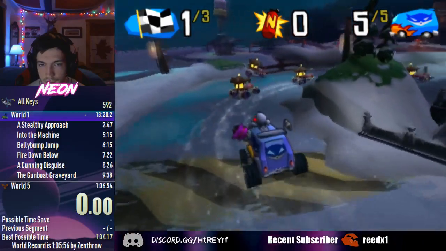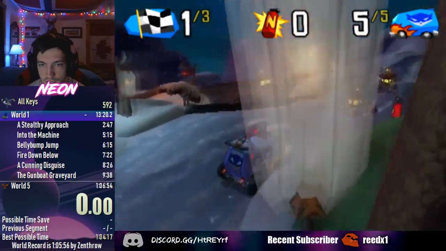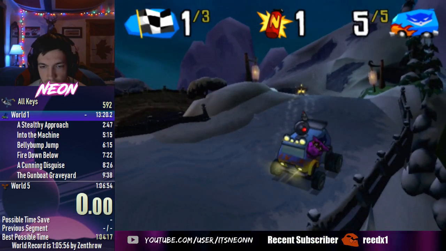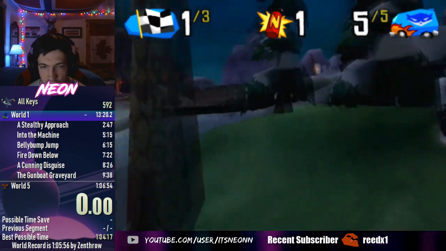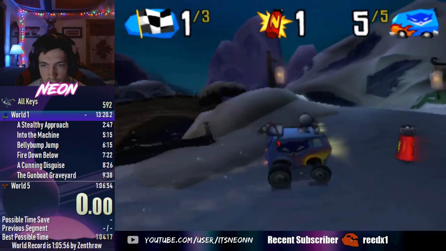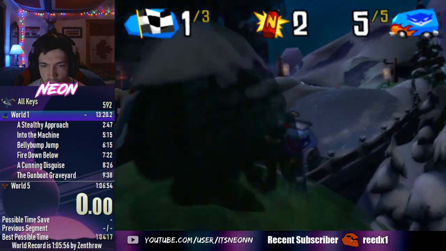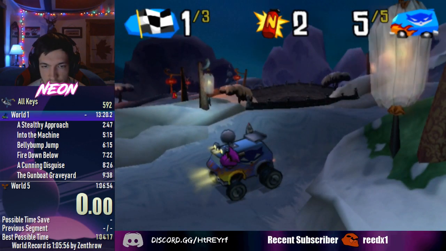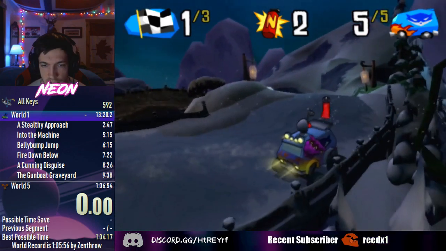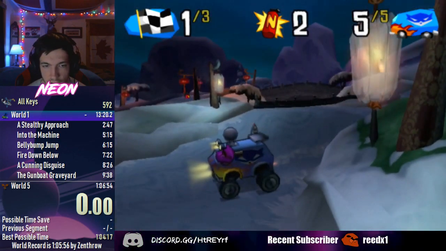But if you do like mine, you can definitely use it. So what I like to do is come up here, grab this first boost, turn around, and hug this wall. I like to use this wall as a guide for Murray. So I turn around, grab the boost, stay along the wall, and as soon as you see Murray's head pop out from behind this tree, literally the moment you see Murray's head, right now, you want to use